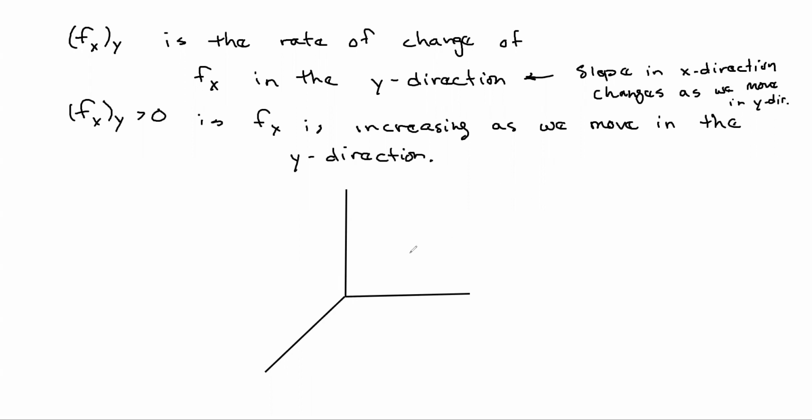All right, so let's see if we can go through and handle this. Let's suppose we have a 0 slope here at the origin. So I'm going to draw a little red arrow like that. That's a 0 slope. Usually I'm hovering a little bit above the point just to make it easy to see. Okay, and now we're going to move in the y direction. So we're going to move over here in the y direction